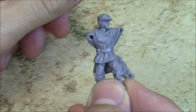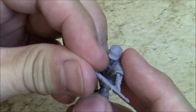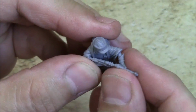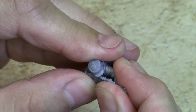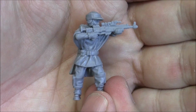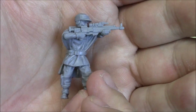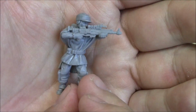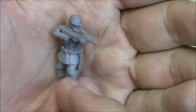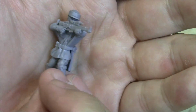I like that this continues the trend of it being mostly humans, but I think we've got a couple of aliens in here that are not the same species we saw in the original box set. So there you go. Very cool. I kind of wish they had Rebel Commandos in the Fleet Trooper uniform. I like the Fleet Trooper uniform better than this uniform, but